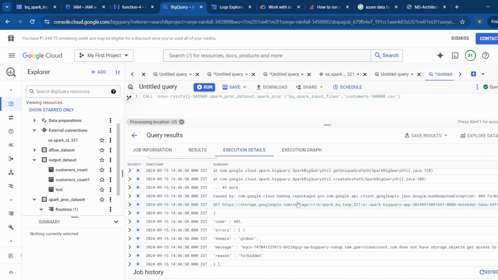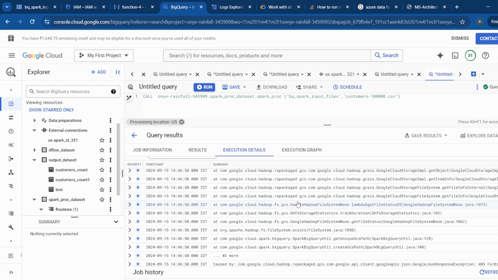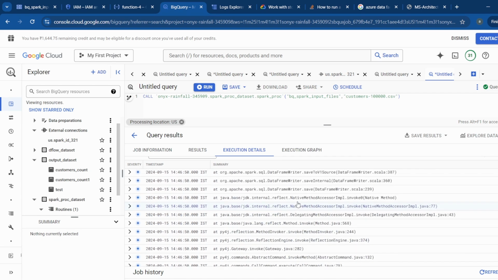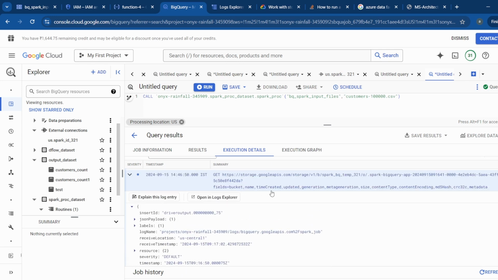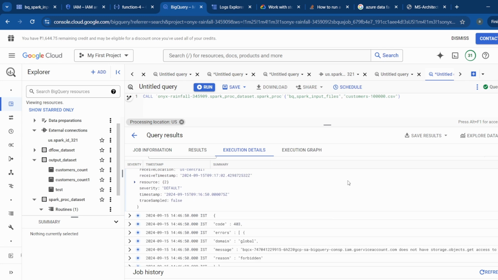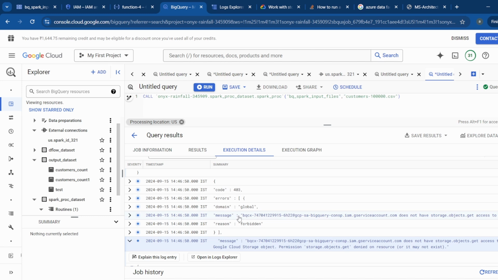Why is it not running? This is some permission missing on the Spark BQ temp bucket, that temporary storage. Some access is missing. Let me give this role